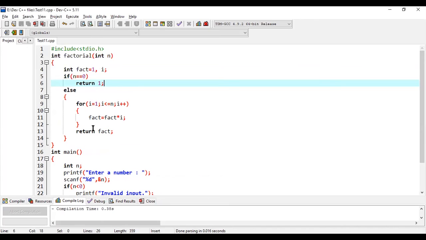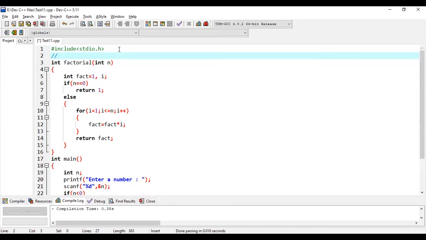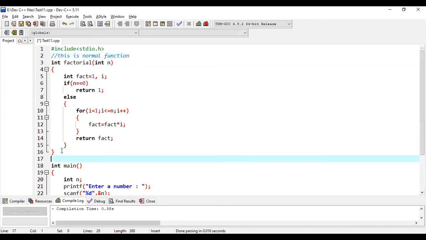Great. Now in case you wanted to do it with recursion, I'll just add a few lines here. This is the normal function, and I'll write the same thing for recursion. I'll give a comment over it: this is using recursion.